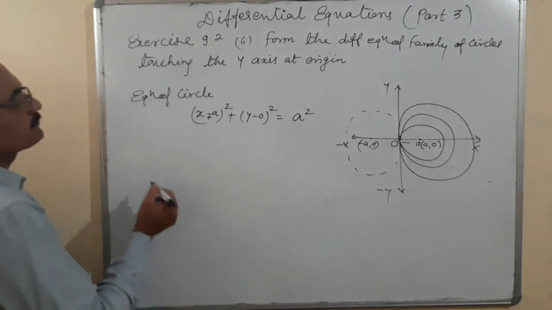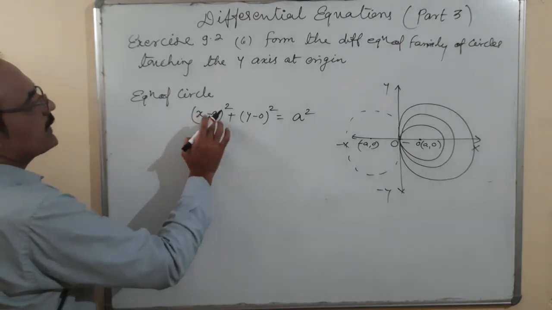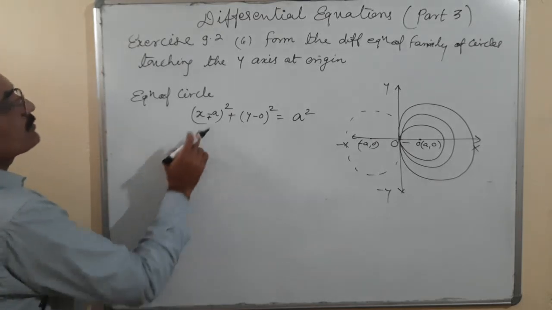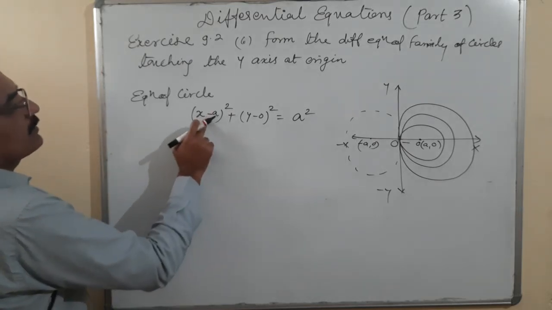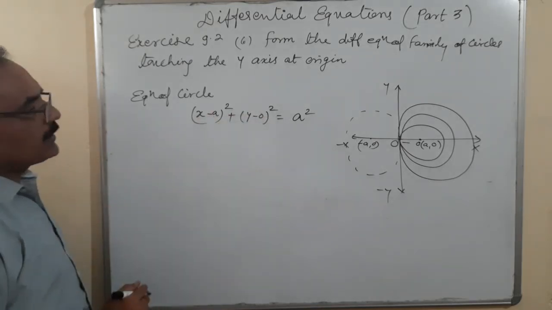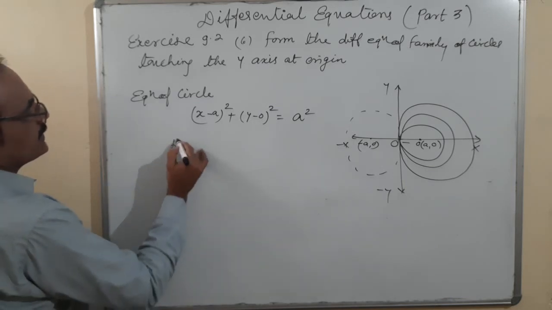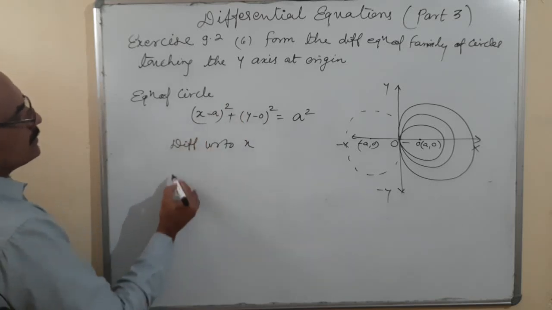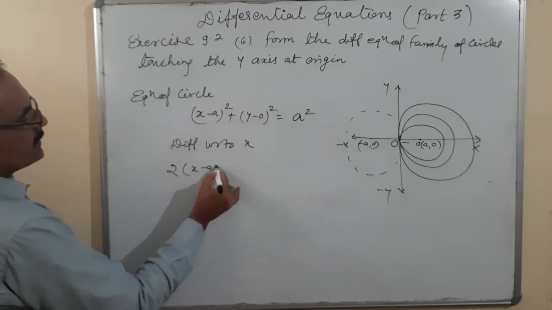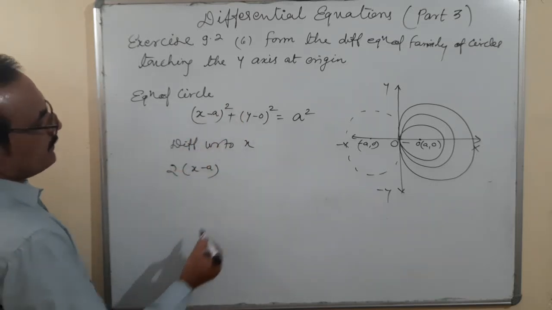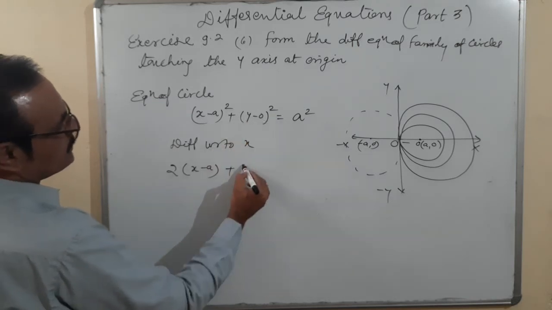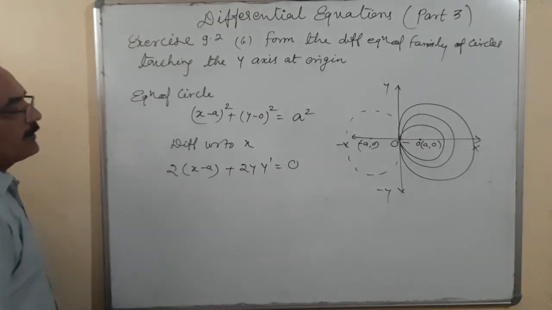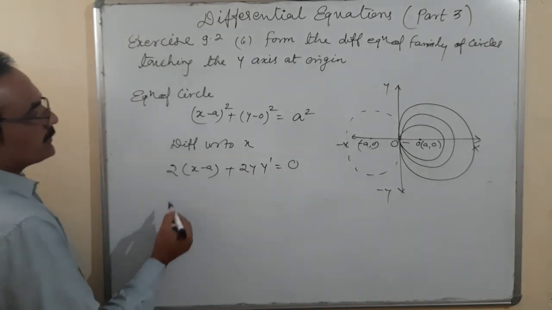Okay. Or simply x minus b whole square I am taking, and finally we will write here. The second condition is also possible. Okay. So that is the term. There is a single arbitrary constant a. So differentiate with respect to x: (x minus a) whole square, 2(x minus a), differentiation of x minus a is 1, plus y square, 2y y dash, is equal to 0. Okay.